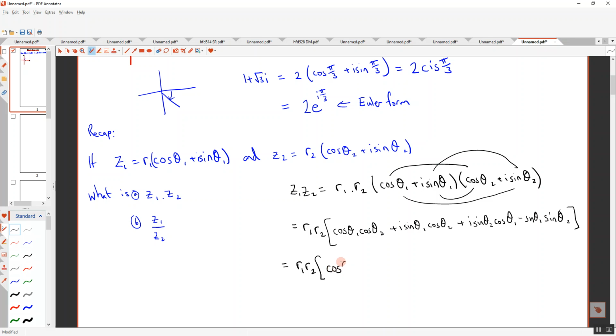So cos theta 1 cos theta 2 minus sine theta 1 sine theta 2, and then I've got my real part, so plus i